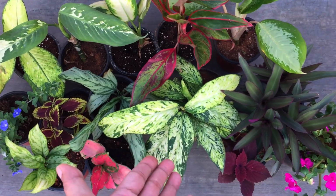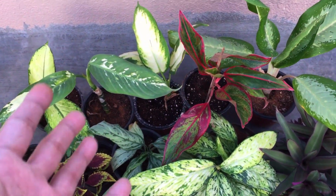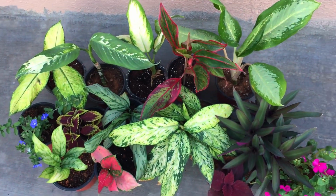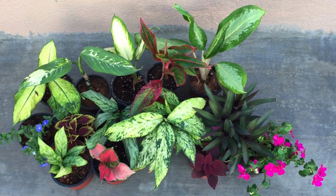So your Dieffenbachia will completely cover up. You can see how this one has covered up. The pot is not going to be visible. So as and when it starts getting bushy, even those blind spots will also get covered up very easily and it is going to look absolutely beautiful. But let's say you still have some more space, then there is another plant also which you can add in